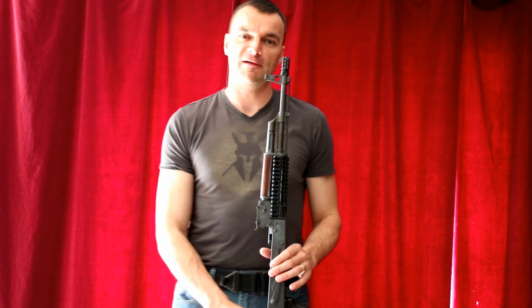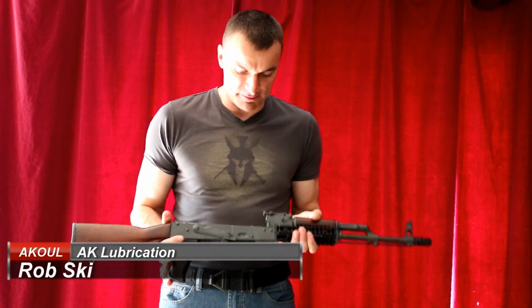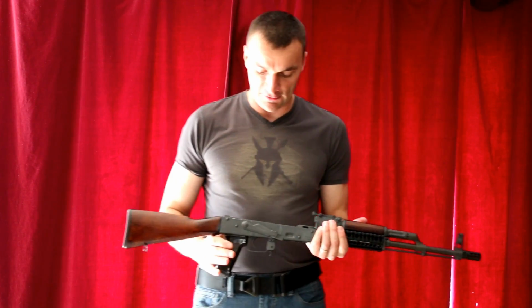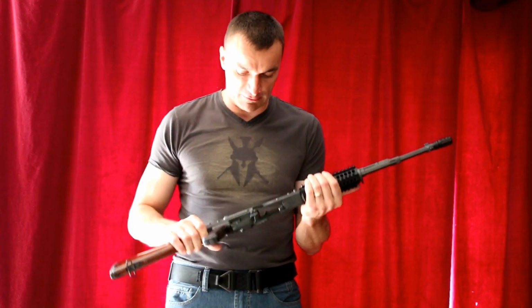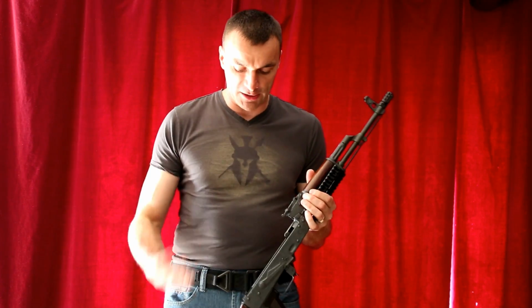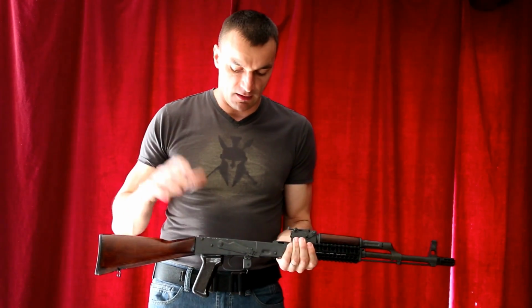Okay guys, you have been asking me what I'm doing to lubricate my AK rifles. What is the best procedure? Well, I don't know what is the best procedure. I will tell you what I have been told and what I have learned when serving with these type of rifles. Basically by manual, they are telling you that you can use two types of lubricants on the